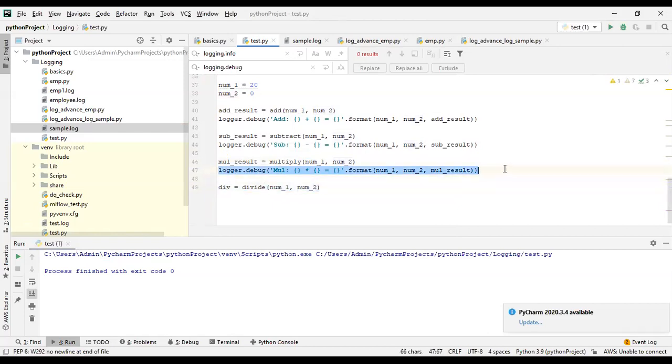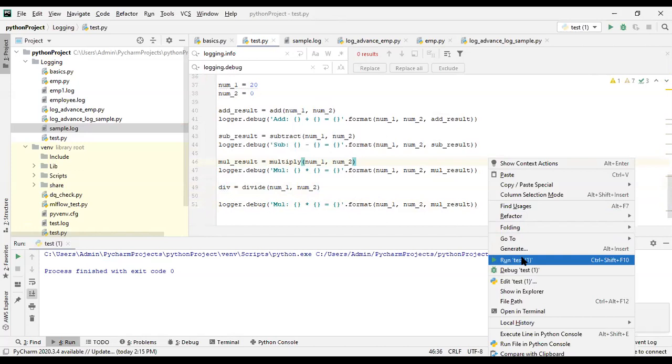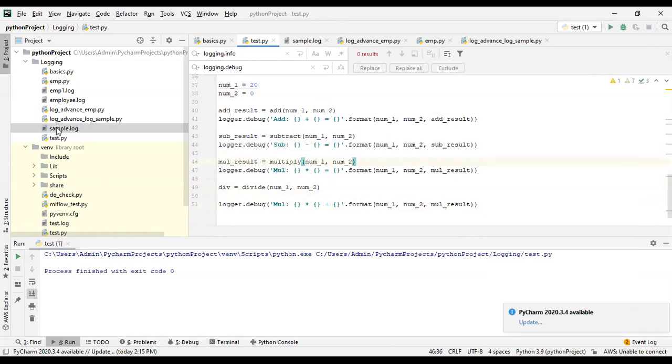Then you need to have this debug information. Now run this file and check the logs.